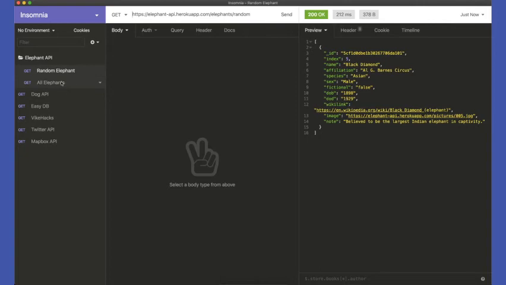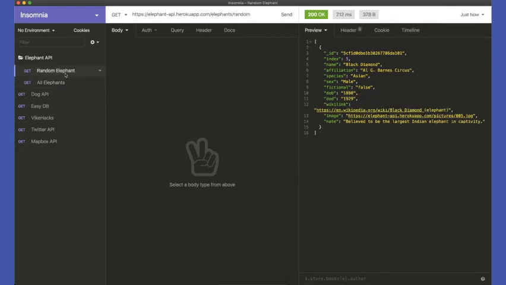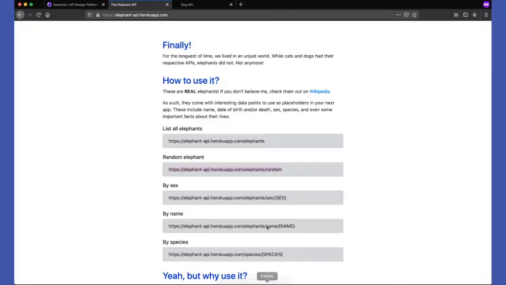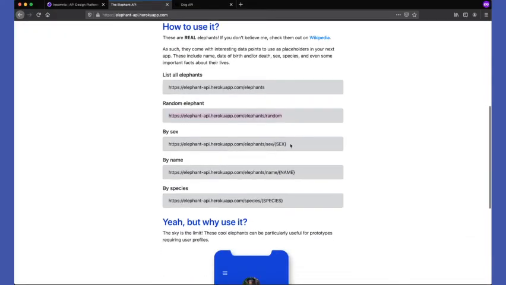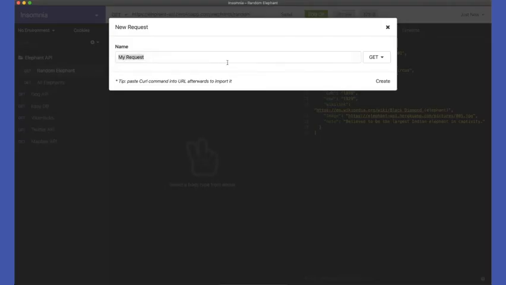But it followed the same format as all elephants, right? So it has ID, index, name, affiliation, species, sex, fictional, date of birth, date of death, wiki link, image, and notes. Awesome. So what other ones did they have again? So they had by sex, right? So if we go ahead and copy this and we create a new request,